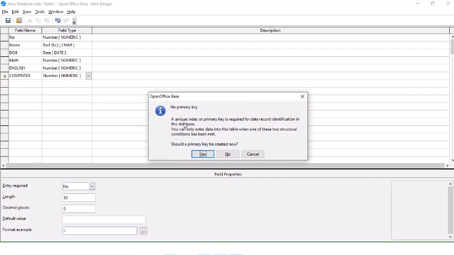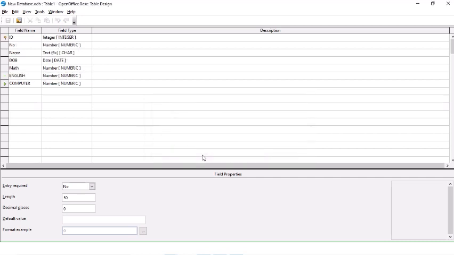No primary key. Yes, we have also learned two things, primary key and foreign key. Now what do we mean by primary key? Primary key means unique data in your table. So here we have to define a primary key that holds unique data. For instance, we are using it on ID or number. If you apply a primary key, it will automatically get ID one, right? Okay, so here we close it and save it.